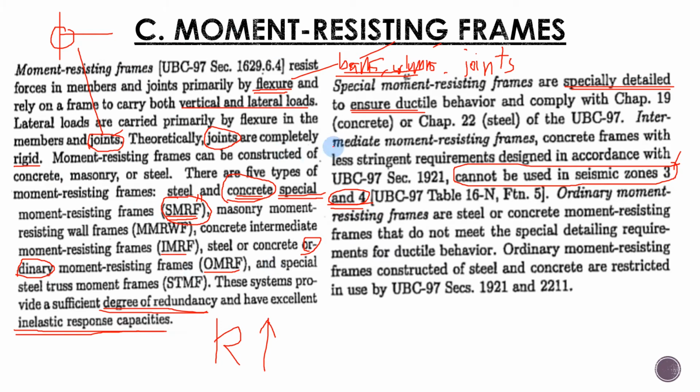Pwede pa na exemption siguro ni. So stricto lang siguro kay siya gamay. Ordinary moment resisting frames are steel or concrete moment resisting frames that do not meet the special detailing requirement. So dili kailangan ng special detailing requirement. Ordinary resisting frames constructed of steel are restricted and used by this. So ang pasabot po na guys is kaning ordinary pwede ra na siya sa zone kung sa Pilipinas so fight